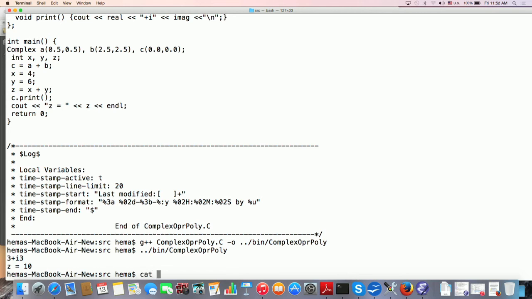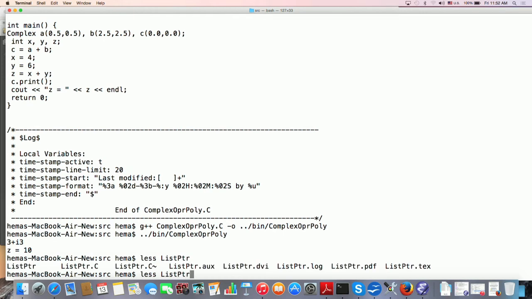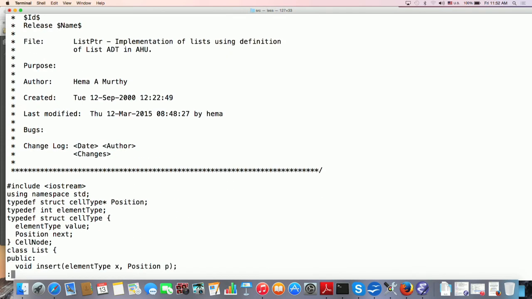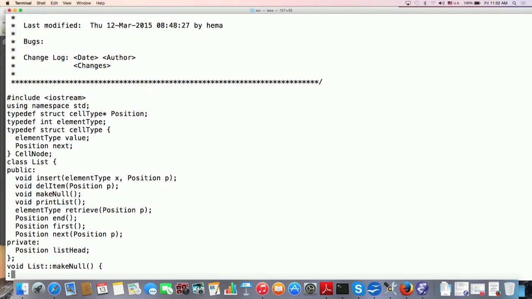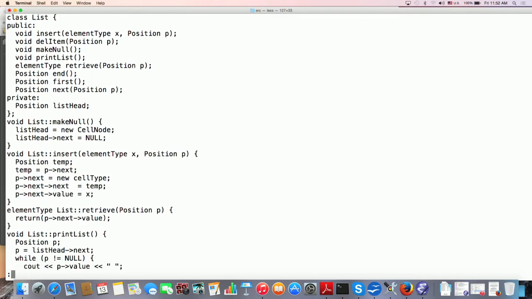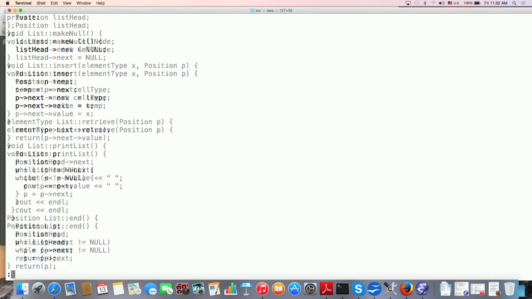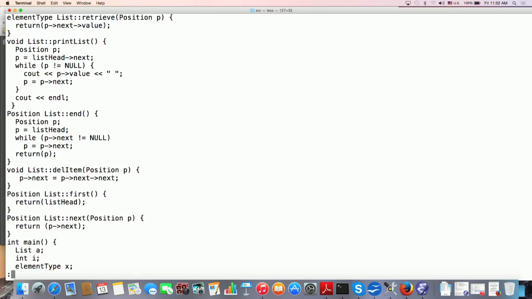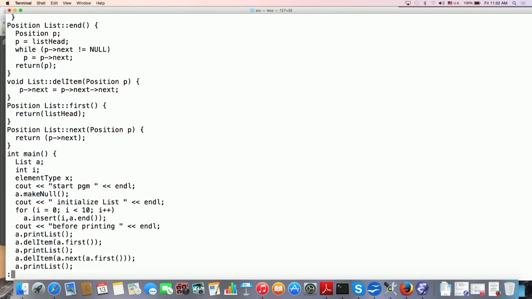Let me do the less. I have two different implementations, list ptr dot c, and this is the one which I have just put in the notes over here. So I have all these operations, make null, insert, retrieve, print list, and so on. Okay. Now I want you to look at these two.